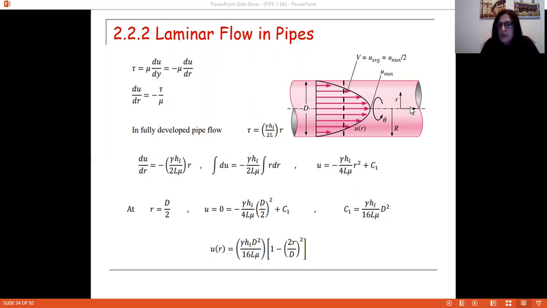Here, as you see, I have R, which is defined from the center line of the pipe to the